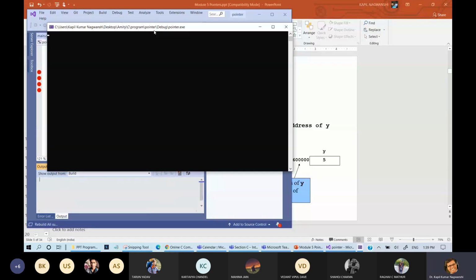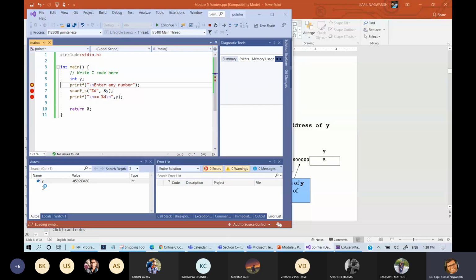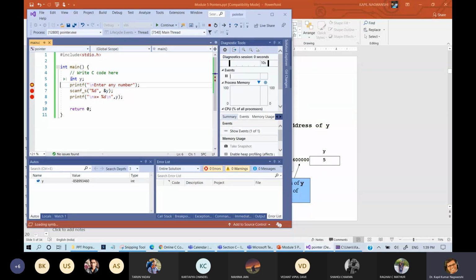Let us now run this program. As soon as I run this program, because this variable is declared, just try to understand, the variable is shown in RAM. Now as soon as I use scanf, because address of y is written, one address of y will be created.